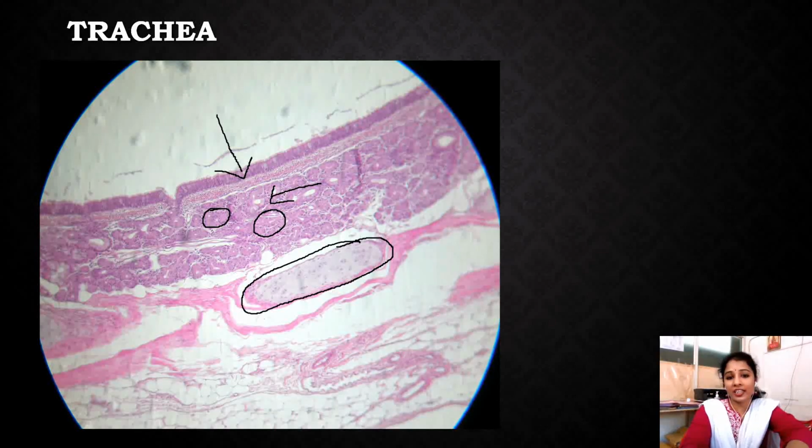Here is the hyaline cartilage which is surrounded by perichondrium, and cell nests with chondrocytes are present in the hyaline cartilage. Outer to the submucosa, we can see some connective tissue, and the trachealis muscle, which is a smooth muscle present within the wall of the trachea. Here we can see the trachealis smooth muscle fibers present within the wall of the trachea.